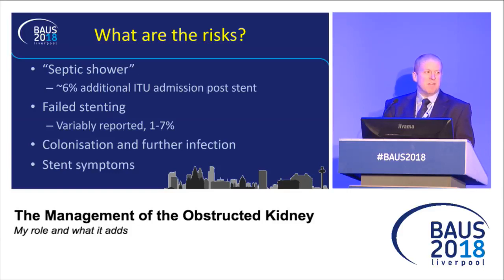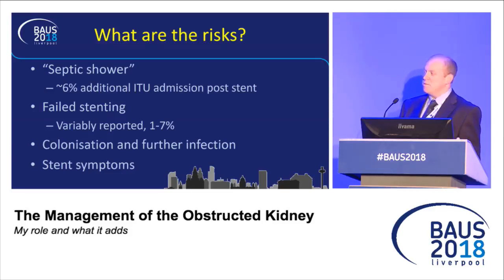Failed stenting is reported very variably in the literature, but certainly between 1% and 7% in the series that I could find. And a lot of this is about points of technique and a lack of appreciation of how to do this. So when you're in the emergency theatre, it's recommended, particularly with stones, to take care near the obstructing lesion to make sure you don't perforate friable mucosa, use hydrophilic wires, put a ureteric catheter past the obstruction and